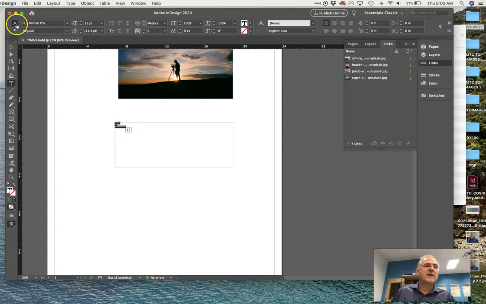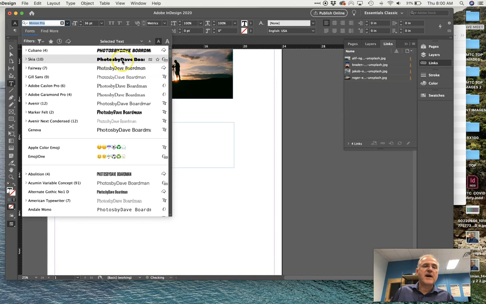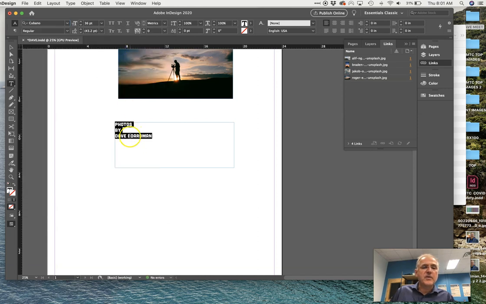I'm going to come up here, I'm on the little A for type. And I'm going to come right here, and I'm going to get to a decent size, about maybe 24 point. Maybe I'll do like 36 point, maybe a little bigger. I'll play with the font. This looks interesting. I like Cubano. This is my new one that I like, and it has an italic. Looks kind of cool. This box is way too big, so I'm going to hit the V key,